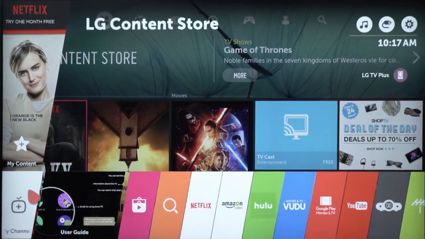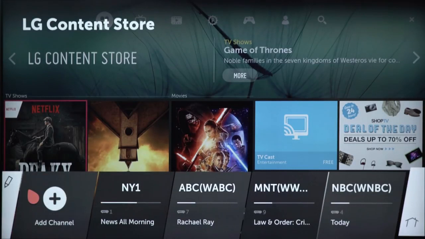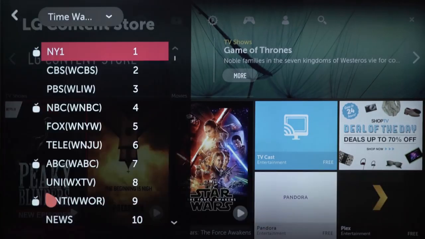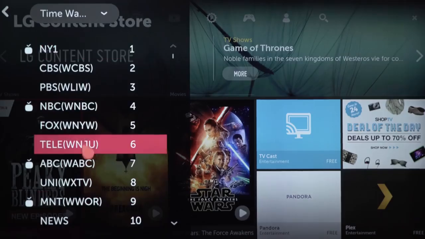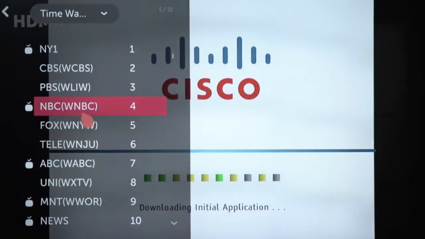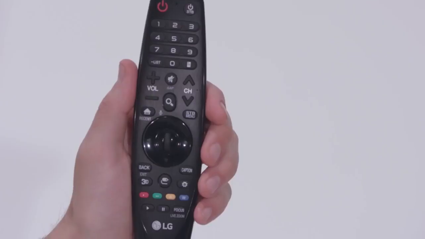Below My Content, down in the left-hand corner here is My Channels, which invites you to create a list of handy shortcuts to the channels you watch most. To get started, click Add Channel, and you'll be shown this list, based upon the setup you performed for your TV service. Check out our initial setup video if you haven't completed this step. Click on the name of the channel, and you'll see this little symbol appear next to your selections. When you're done, click on this back arrow at the top left, or simply press the back button on the